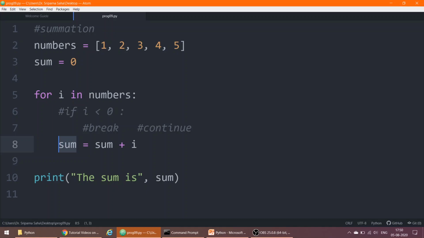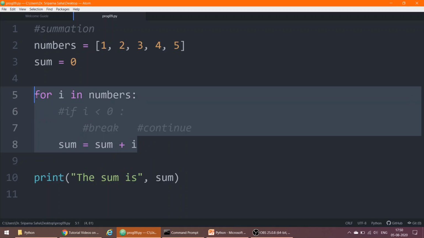The next time, when the i value is equal to 2, it will be 1 plus 2, and the result becomes 3. Then i becomes 3, so it will be 3 plus 3, that is 6. Then 6 plus 4, then 10 plus 5. That is how the for loop executed in Python, and how you need to write it.